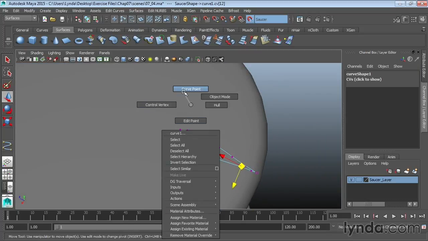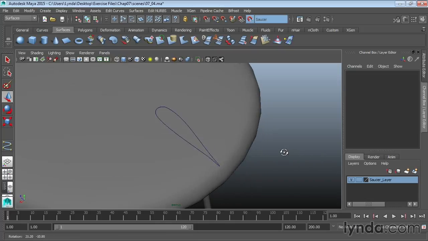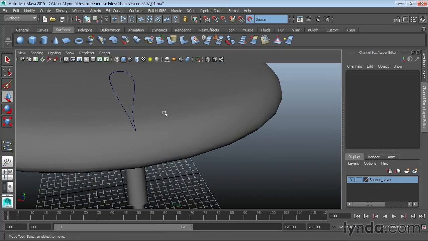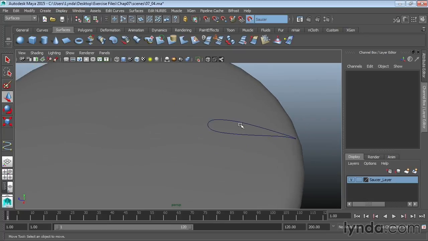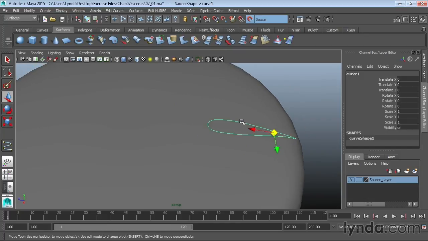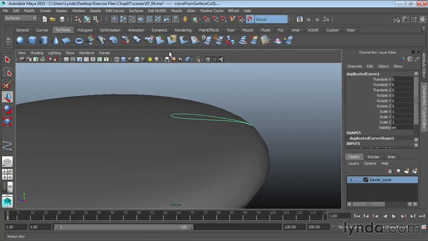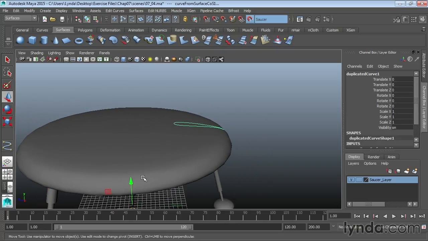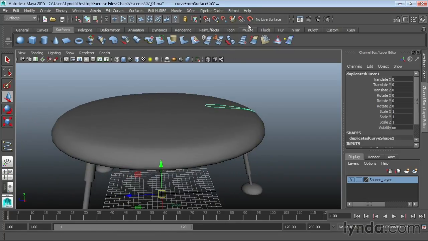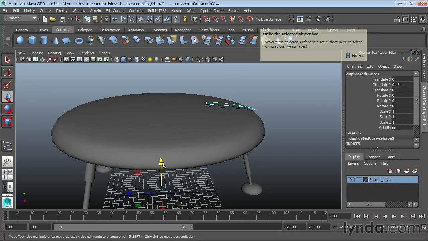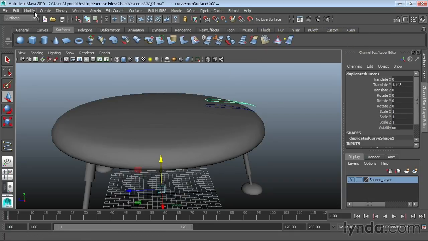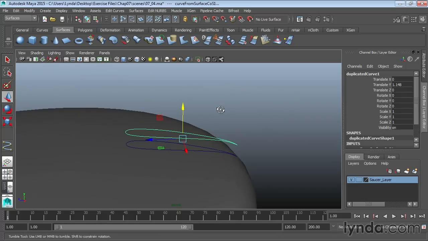So let's say I've got this. I'm going to go into object mode now. So I've got a pretty reasonably shaped wing. I can probably do this a little bit better, but let's do this for now. So I'm going to go ahead and select that curve, and let's just go ahead and do edit curves, duplicate surface curves. I'm going to go ahead and move that second curve up. Now, when you duplicate a curve, it automatically goes to the origin. So your move point is going to be way down here. And then once I've done this, I'm going to also make sure I turn off live here. Now, if you want to center that pivot, you can just always do modify center pivot,